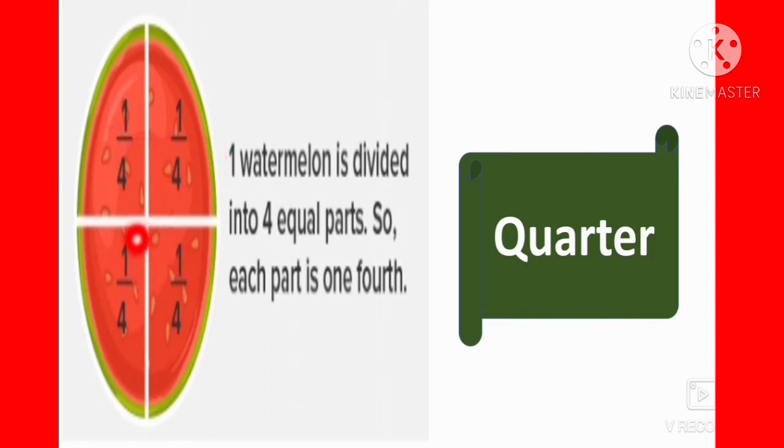And also each half watermelon, when it divides into two equal parts, each part is said to be a quarter. So each part is 1/4. So 1/4 can also be called as quarter.